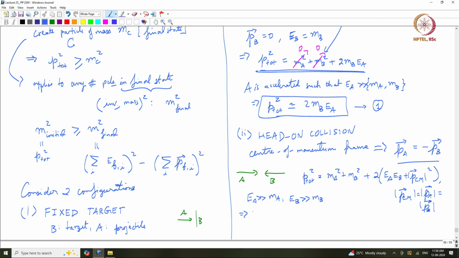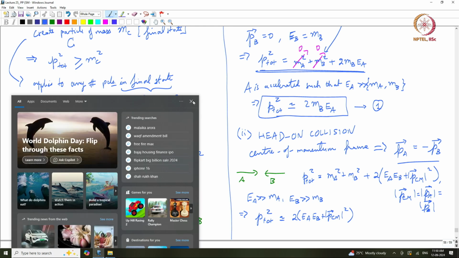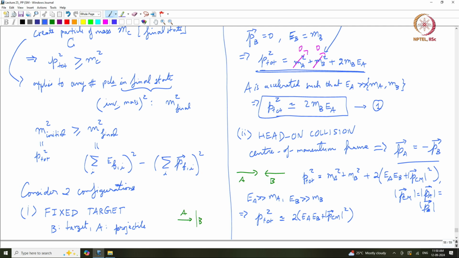So, then I can say that P tot squared, okay, equals 2 EA EB plus PCM squared. Now, what is PCM squared here? Suppose we are talking about massless particles, that is what we have done here, right. We are literally taking mass to 0 compared to the energies, right. See it is like light scattering now, right. That would just mean PCM is equal to E_A